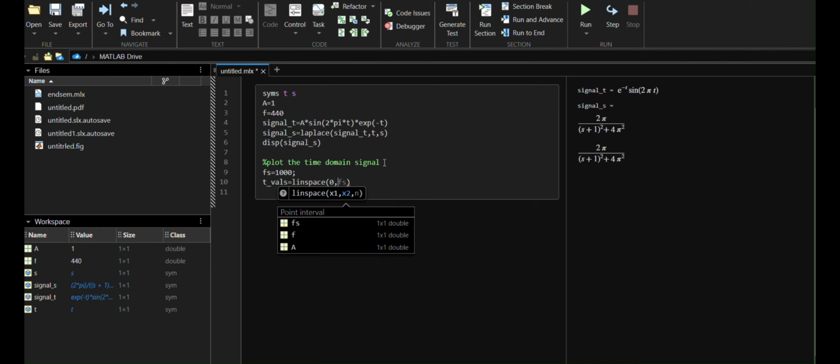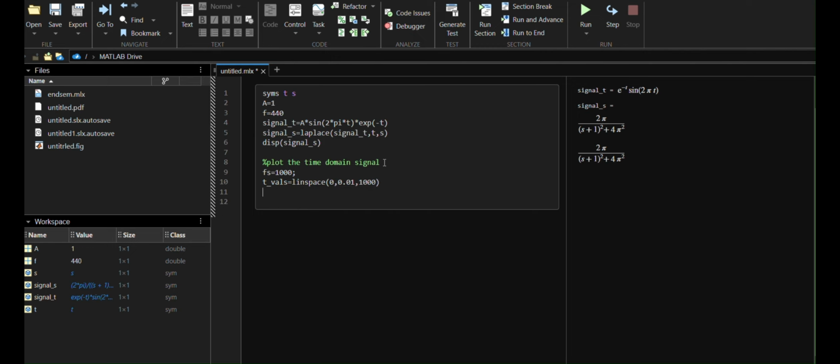I take 0.01 to 1000. So between 0 and 1000, it takes some points. So the time signal